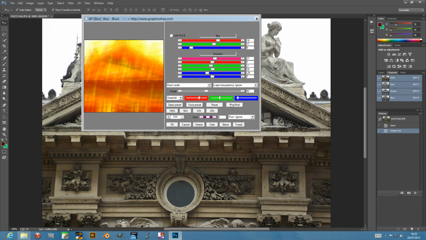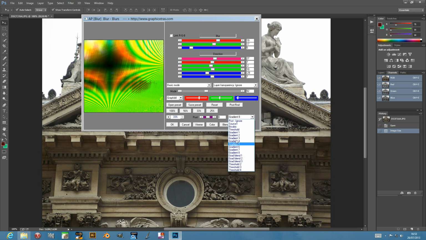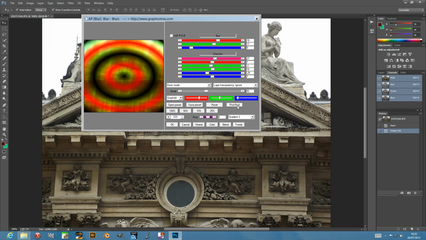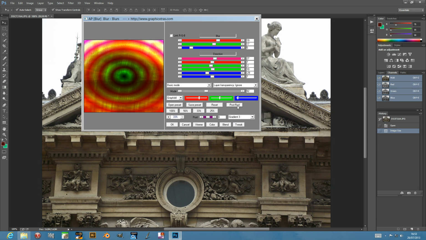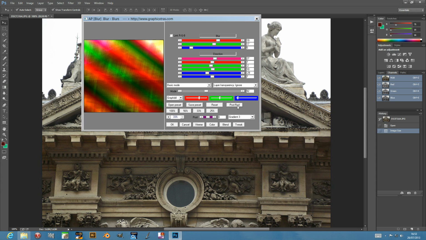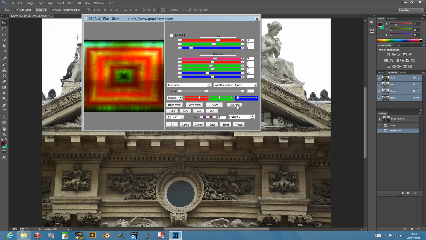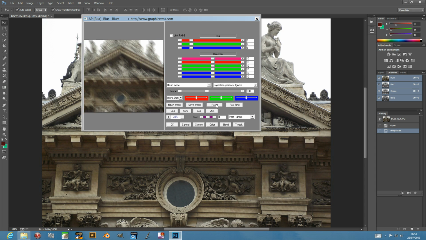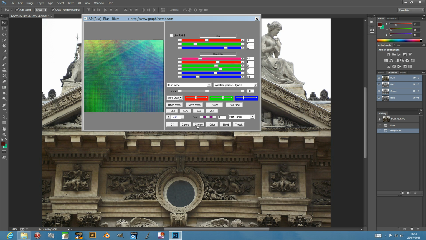You can also use post random, which is basically where you set this little dialog, this drop down here, and you can apply overlays to any image with the effect as well. Right, that's a basic quick run through of the Blurs plugin, and I'm just going to quickly apply extreme,